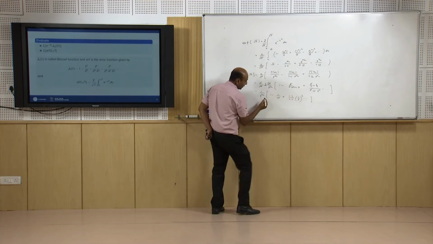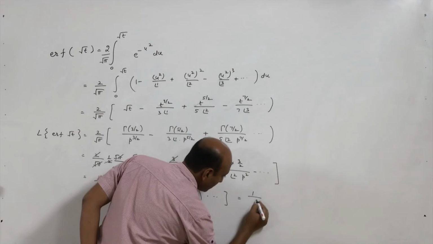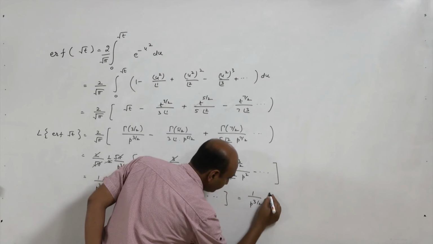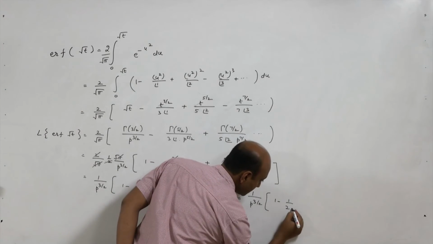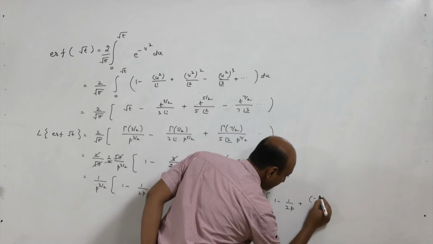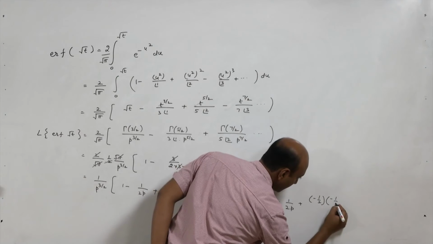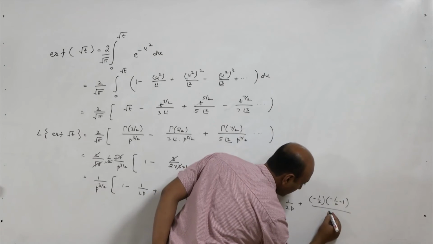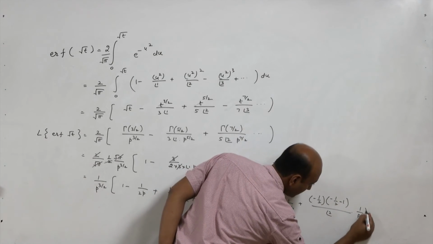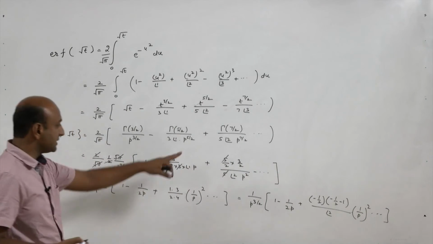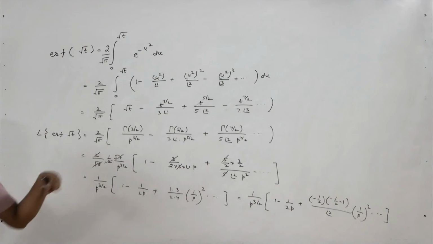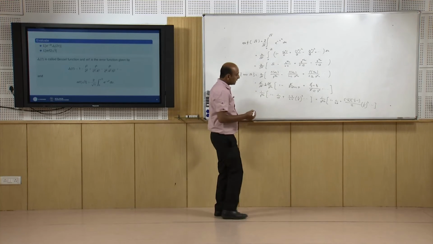So we can also write this as 1 upon p to the power 3 by 2, 1 remains, 1 minus this. So this can be written as minus 1 by 2, minus 1 by 2 minus 1 upon factorial 2 into 1 by p square and so on. Similarly, the other expressions can be written in the same way. So it is nothing but